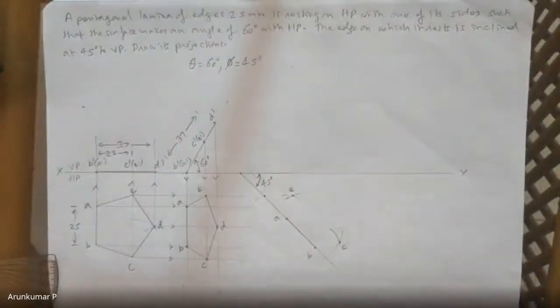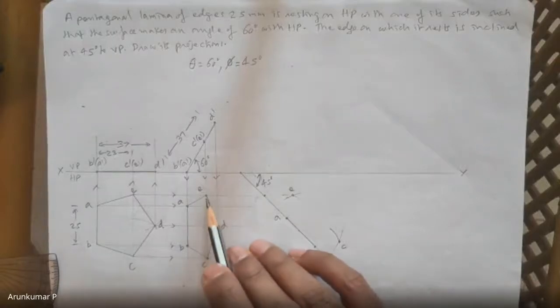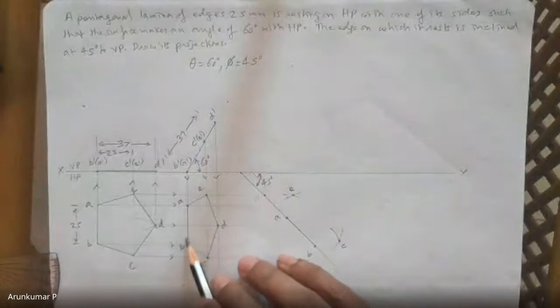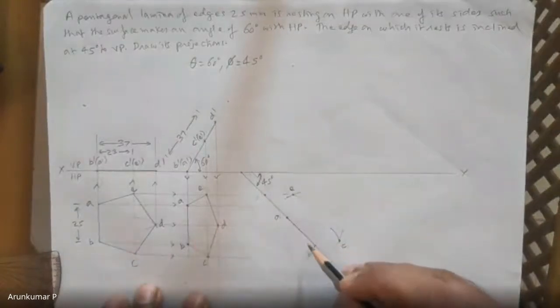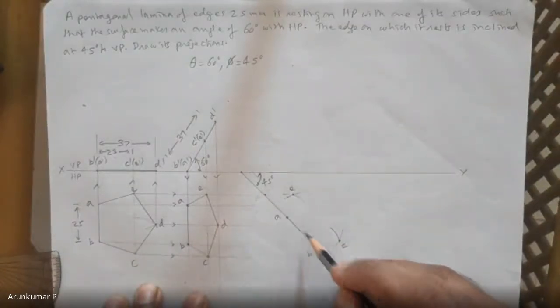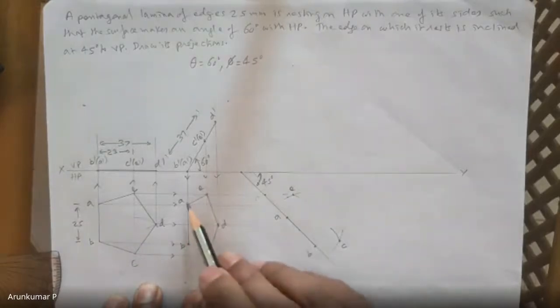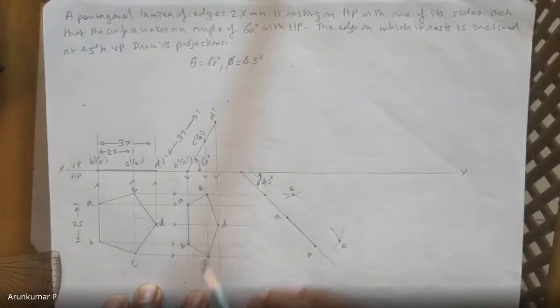So this is called relative. You are trying to locate a position, a point with respect to the given 2 points. So in this case, I know AB, A and B, I know where it is exactly. So with respect to A and B, I'm trying to locate E. With respect to A and B, I'm trying to locate C. So this is how you can do with the help of the rounder.